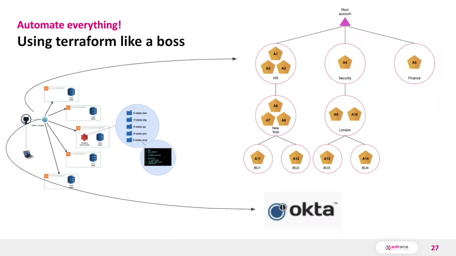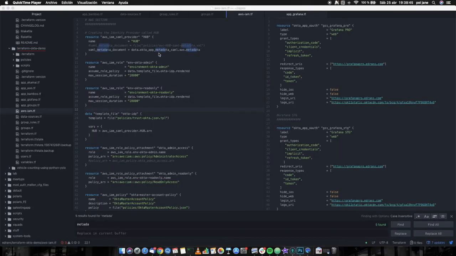The big picture shows us that we can work with Terraform by using multiple providers, so we can manage all of our AWS environments or many other cloud providers in our organization, and of course, at the same time, we can launch Terraform to build all this from scratch and also integrate it with Okta. It sounds good, right? Let's take a look at the code and let me explain a few things.